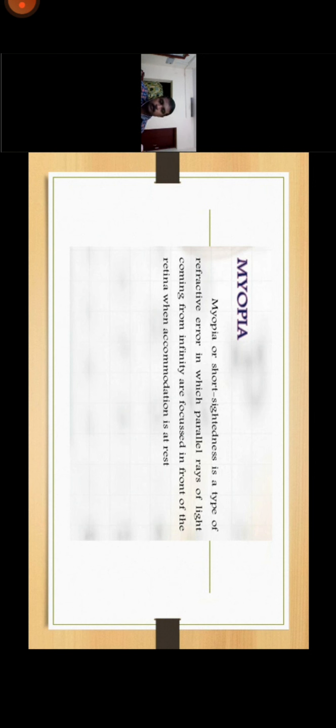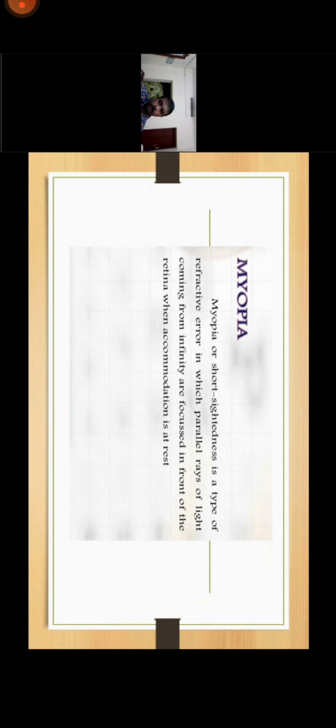Myopia means short-sightedness. The word itself is small, myopia. Hypermetropia is a long word, therefore we should not complicate it with the name itself. Myopia, small word, means short-sightedness. It's a type of refractive error in which parallel rays of light coming from infinity are focused in front of